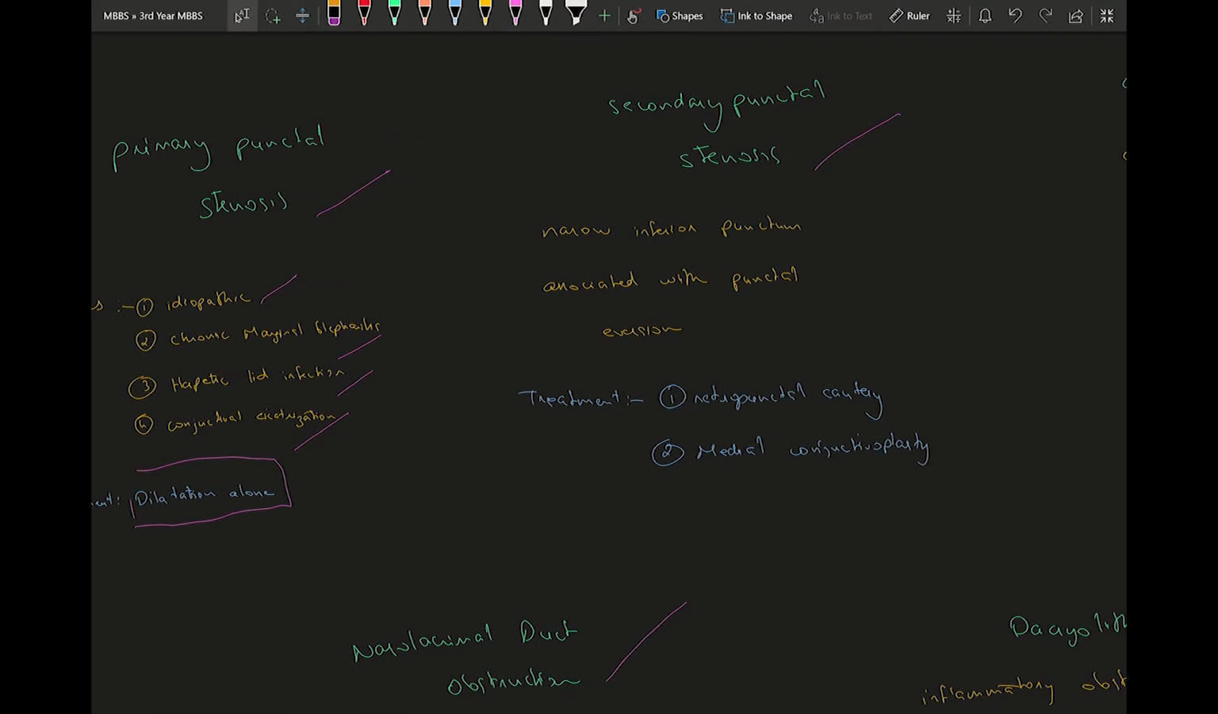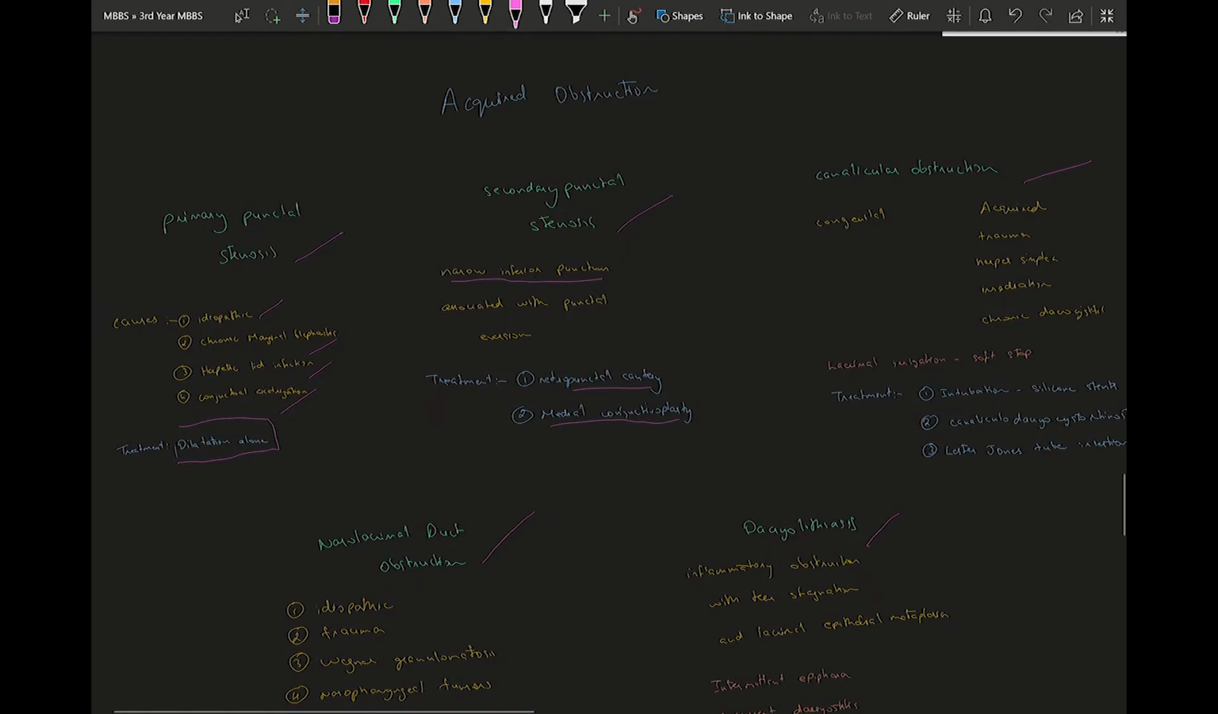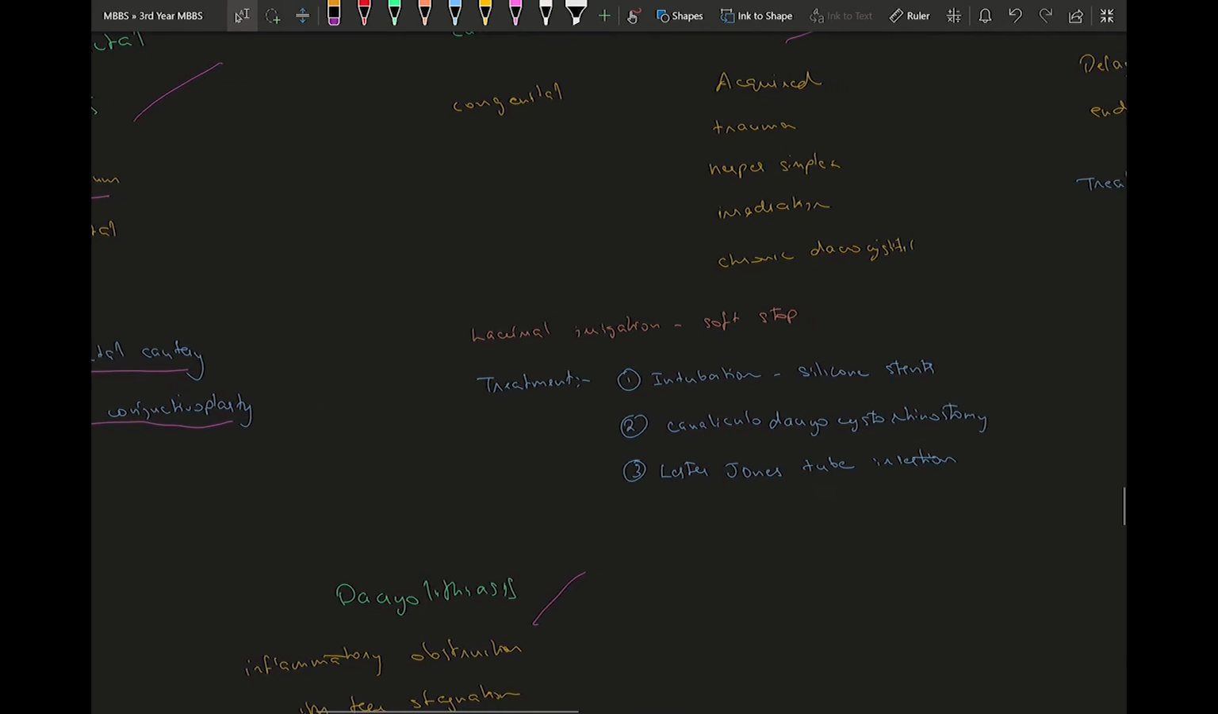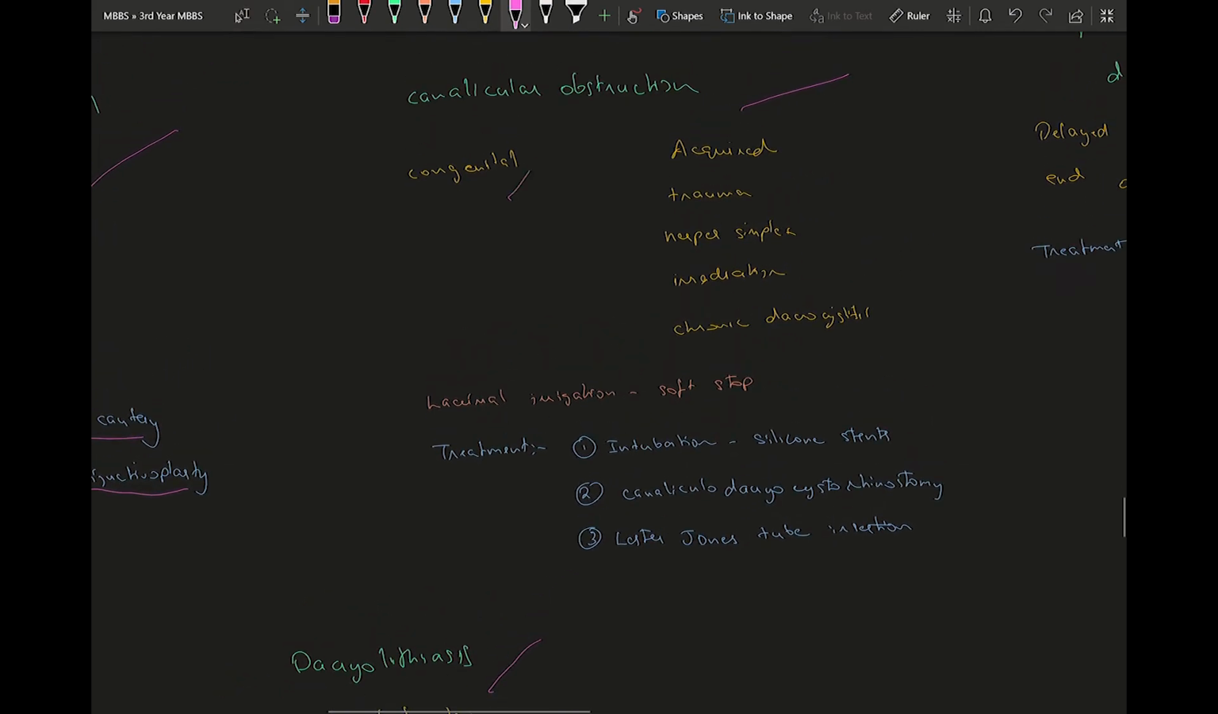Secondary punctal stenosis: there is a narrow inferior punctum associated with punctal eversion. So the treatment for this is retropunctal cautery and medial conjunctivoplasty. That is the treatment for secondary punctal stenosis. Then canalicular obstruction, where the causes can either be congenital or acquired. Congenital is malformation of the canaliculi, and acquired can be due to trauma, herpes simplex, medication, and chronic